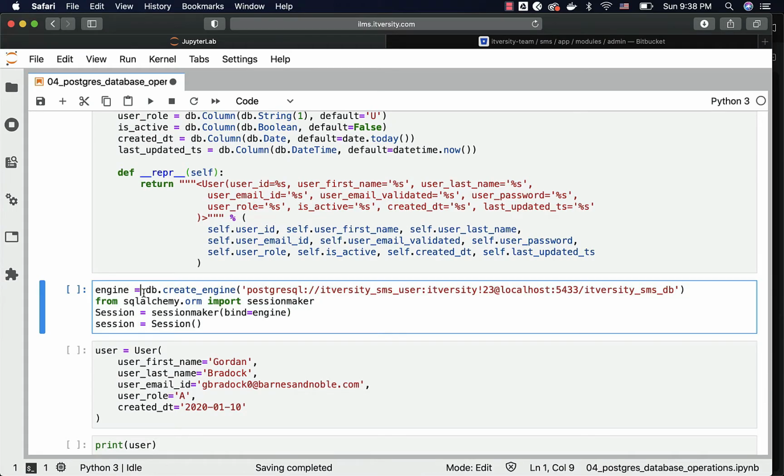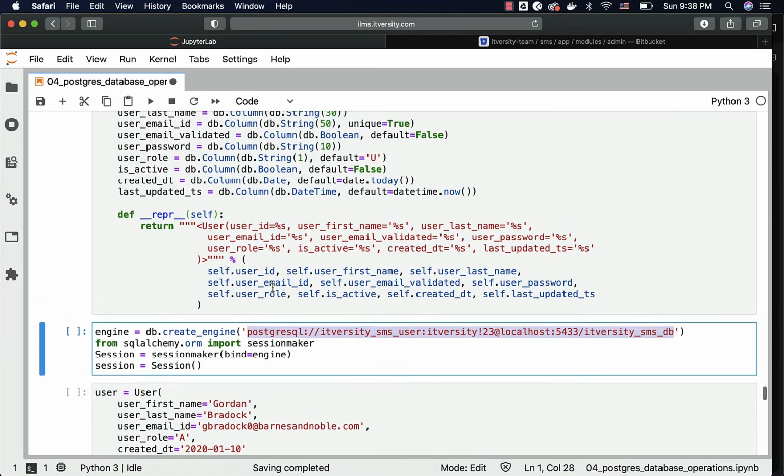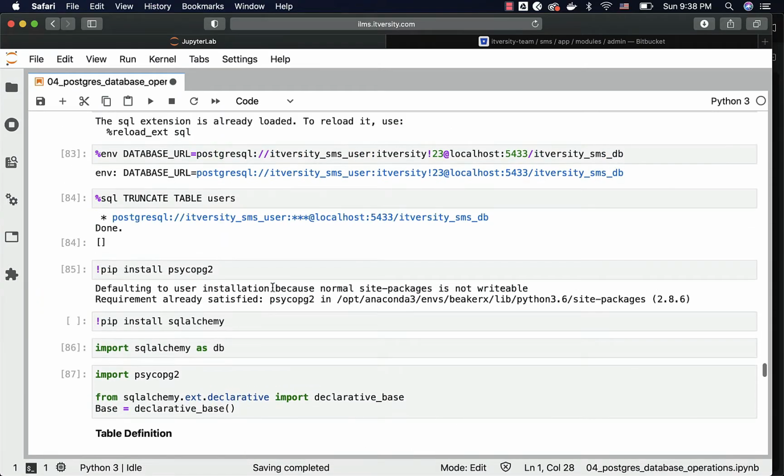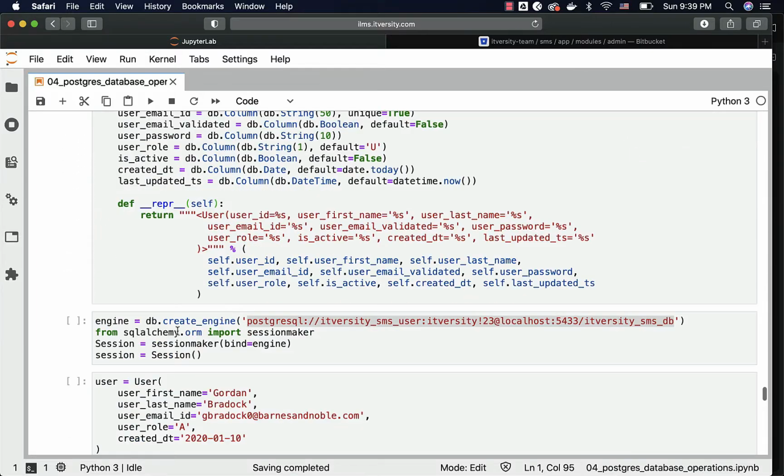This is how the database connection is established. This is similar to what we used earlier with respect to env to use the %SQL magic command. In Jupyter, when we use that %SQL magic command, internally it uses SQL Alchemy only. That's why the string exactly matches what we have seen earlier. So this one, the string that is passed to db.create_engine, where db is of type SQL Alchemy, is the same as what we have seen earlier.